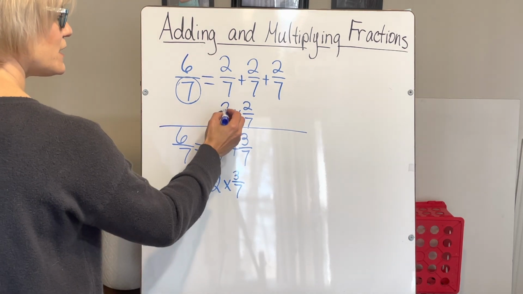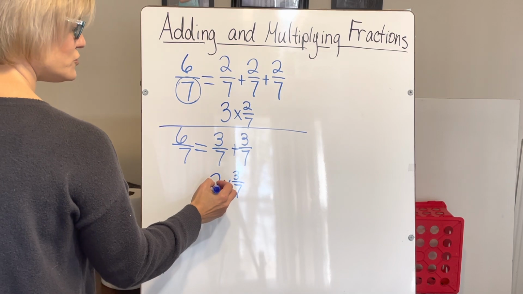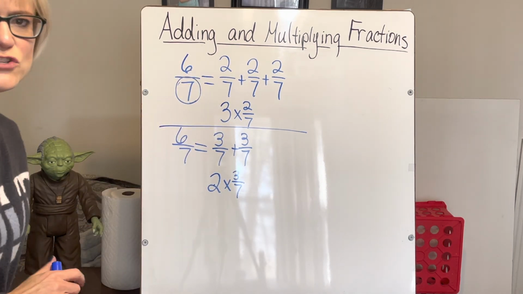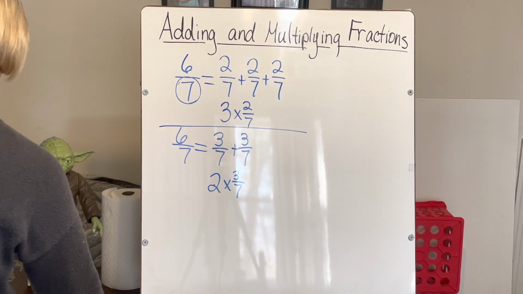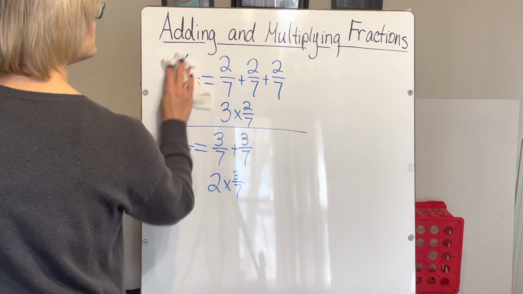Now notice 3 times 2 gives me 6. 2 times 3 gives me 6. So there's more than one way that I can show this as a multiplication problem. All right, so let's do another one. Let's do